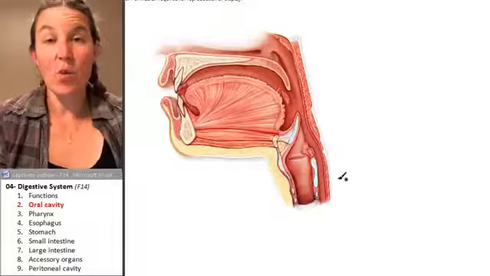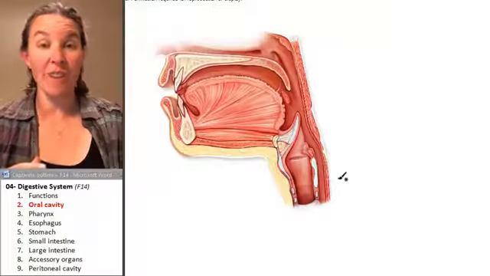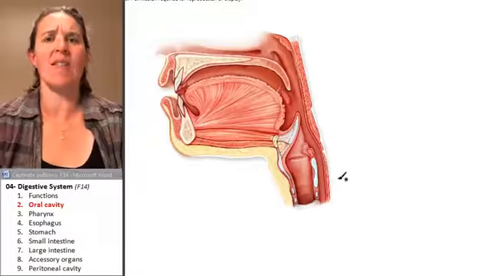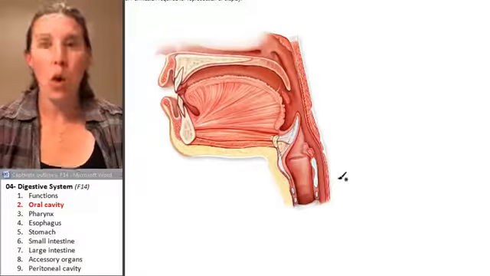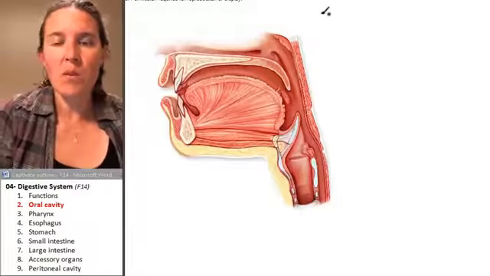Let's get started in the oral cavity. Before we can talk about the structures that we're going to find in the oral cavity, it's helpful to have a sense of where exactly is this oral cavity you speak of. So the oral cavity